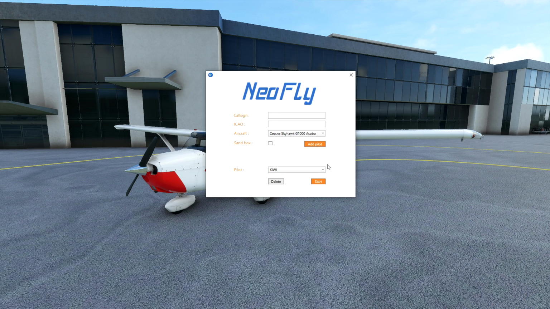Now what you can do is you can actually make multiple accounts. So if you perhaps want a Sandbox option or a non-Sandbox option, you can have both. You can have multiple pilot accounts, which allows you to have different types of careers in the game, which is really, really cool. Also, this has been driven by SQLite